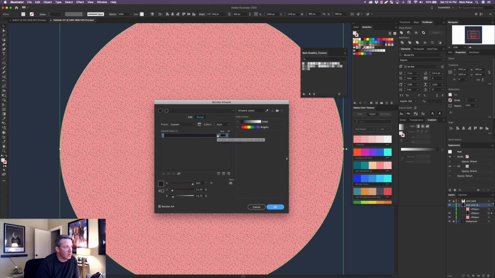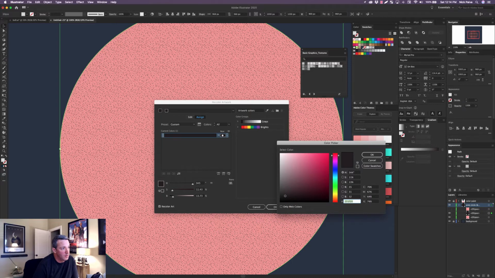Now it's going to show you the current colors that are being displayed for this artwork, and by default, I believe this is just a dash right here. So you want to click that dash and make sure it's an arrow pointing to the new color that we're going to give it. And then we're going to double click the new,